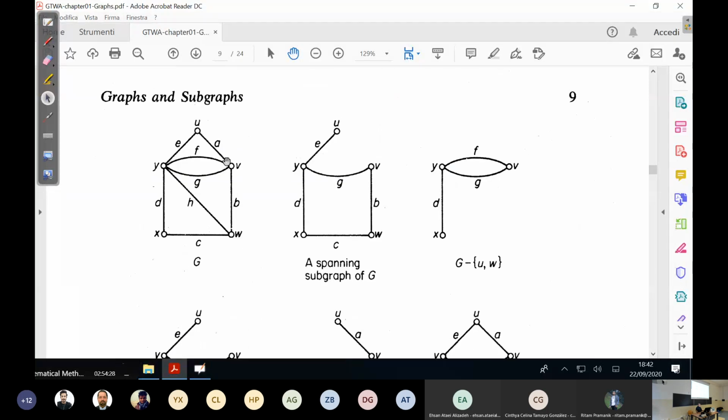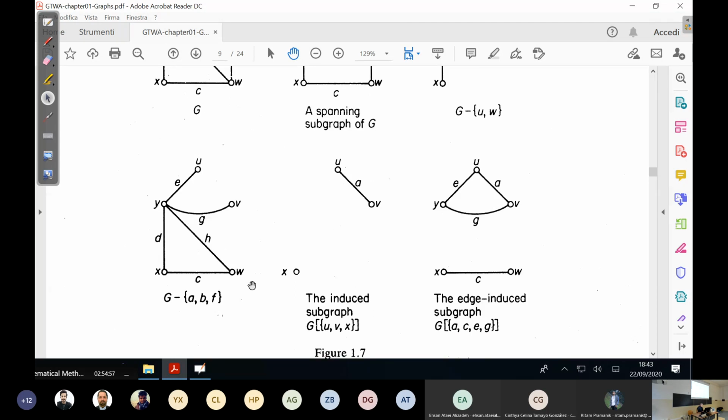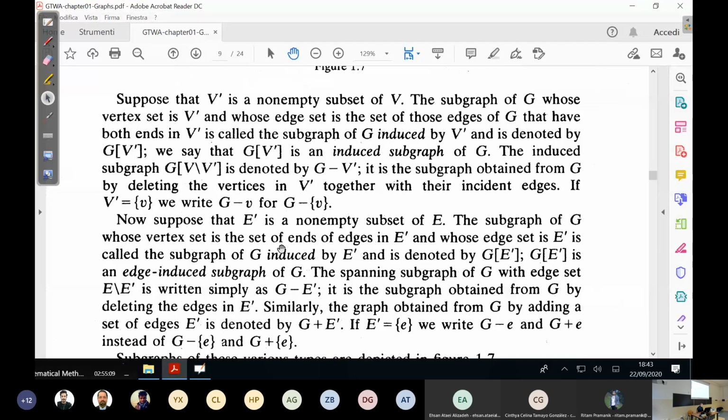Here you have vertex U and vertex V. If you delete vertex U and vertex V, you have also to delete all edges having at least one end in U or in V. And so if you delete U, you must also delete E and A. If you delete V, you must delete A, F, G, and B. And so you are left with this, which is G minus UV. You can do the same thing with edges, of course, and you have examples here, but I will come back to this very boring terminology